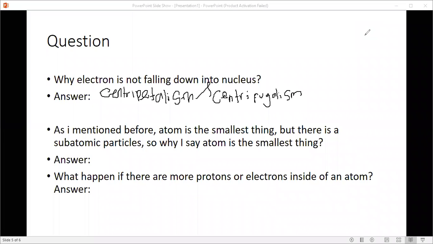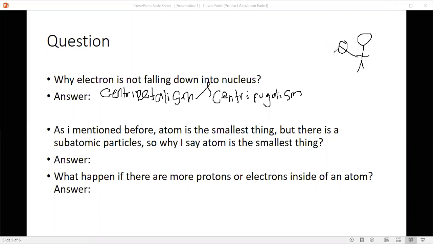Okay. So centripetalism means a movement that makes something go towards its center, while centrifugalism is a movement that goes away from its center. So when you see this man spinning a ball,